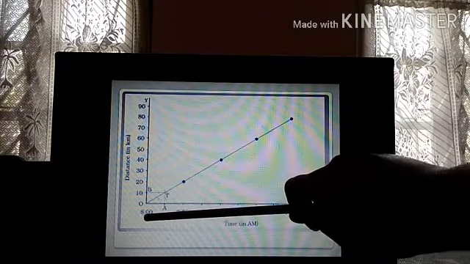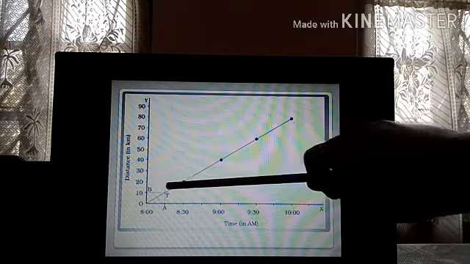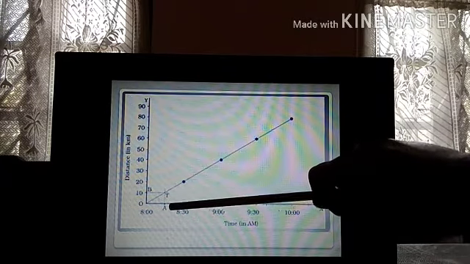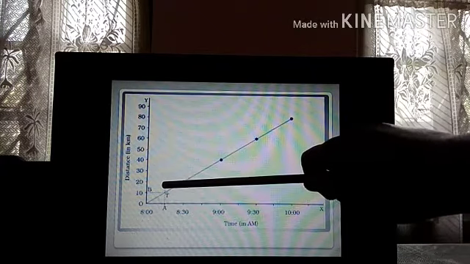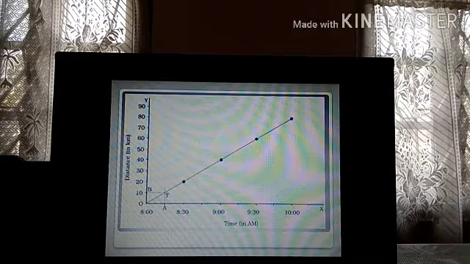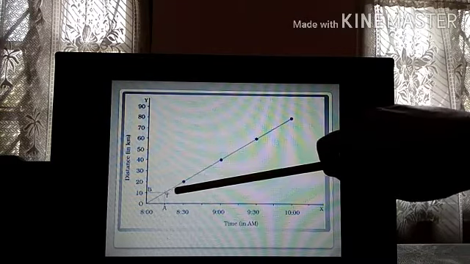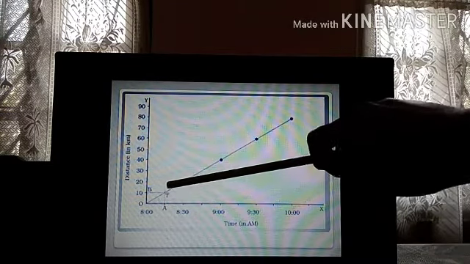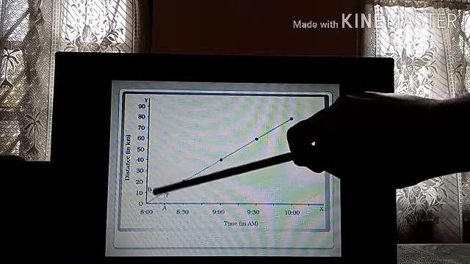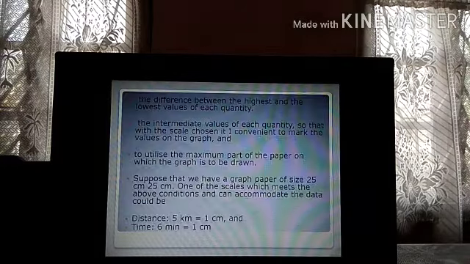So at 8 a.m. the car has traveled 0 kilometer. At 8:30 we know the car has traveled 20. We have already marked this point. So for 8:15, how will you find out the middle point? The middle point corresponds to what point here? 10 kilometers. So for that, you have to draw a line like this, and you have to draw a line like this. So this point, AT and AB. You draw these lines, and the corresponding point is 10 kilometers. So the distance traveled is 10 kilometer.